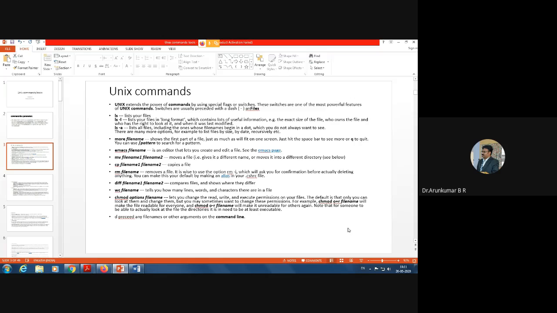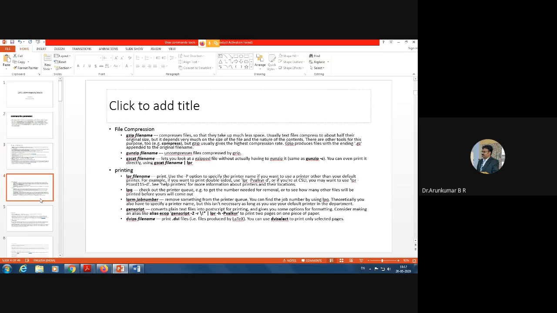So, in Unix commands, I have asked you to remember certain basic commands like ls for list your files. ls -l lists your files in long format. ls -la lists all files including the ones whose file names begin with a dot, like this. Please remember. And in file compression, I have asked you to specifically focus on gzip file name and gunzip file name,